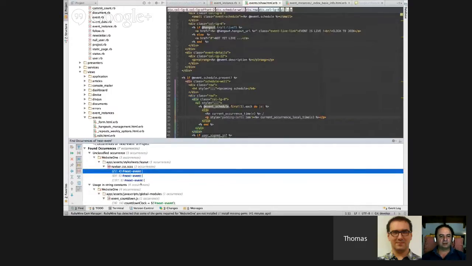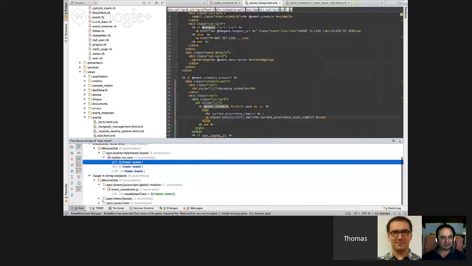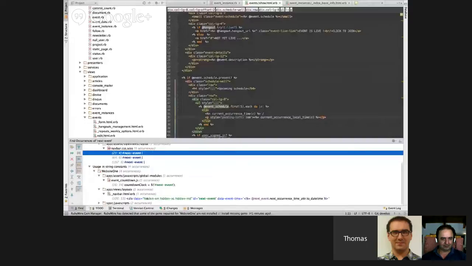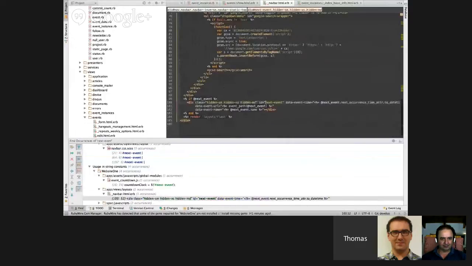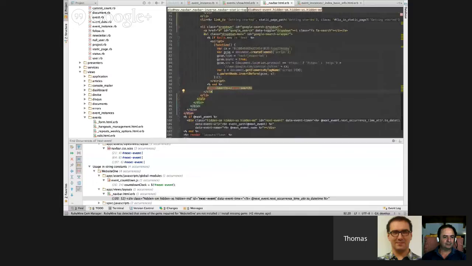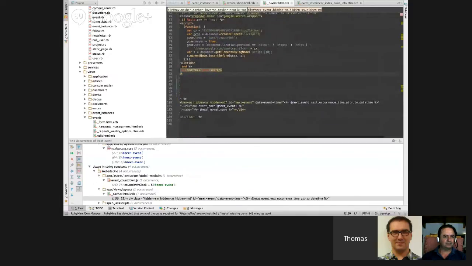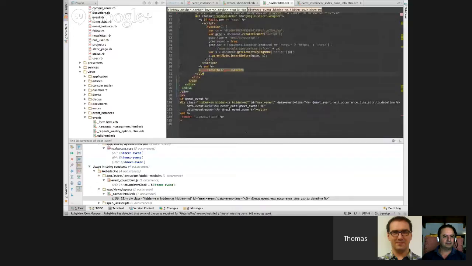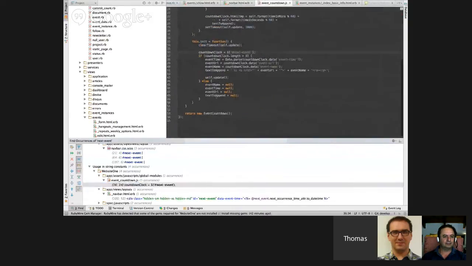Countdown clock, next event. Let's see. The next event, datetime. Yeah, so let's have a look at the countdown clock. Next event URL, event URL, event name, text event.